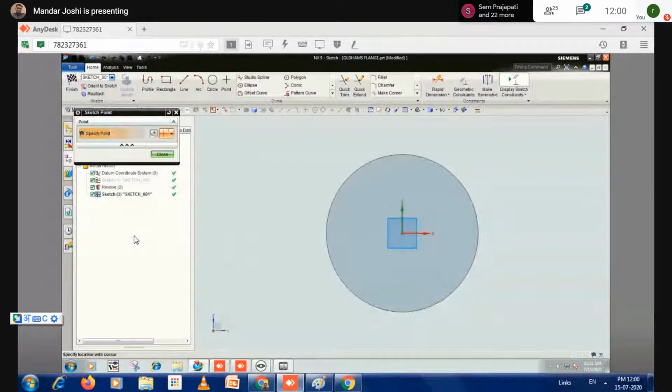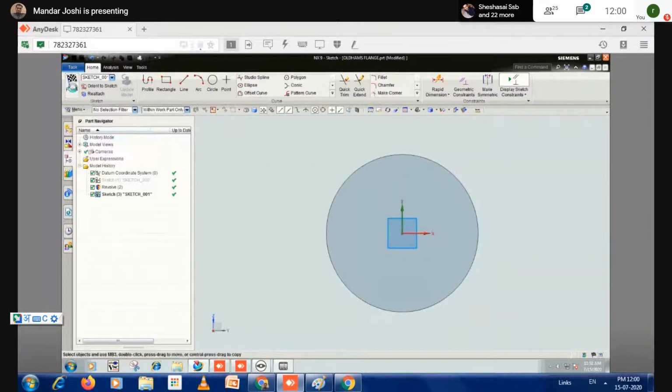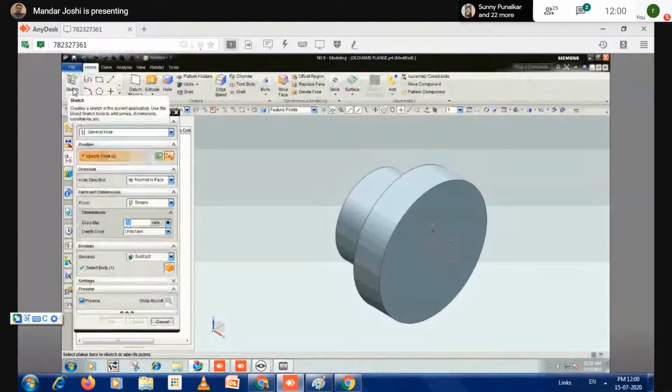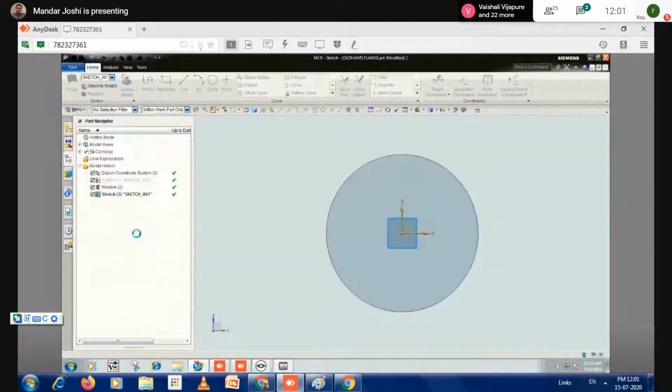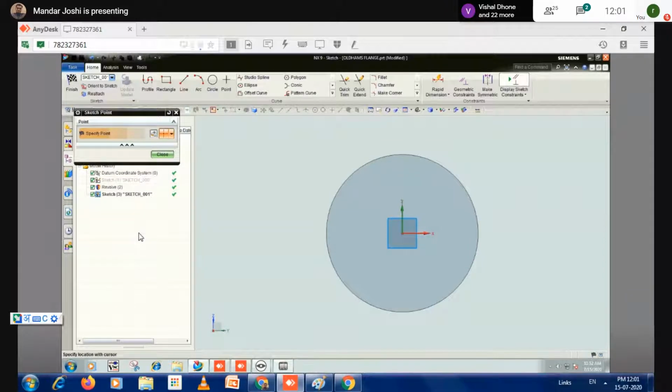Now I need a point exactly at center. Just try to check this finish option now without placing the point. There is currently value 0. It means that the point is not plotted there. Just click on this. And now enter the sketch by selecting this face and plot one point. By default, the point option will always be on. If it is closed, you can operate the same from here, the point command.